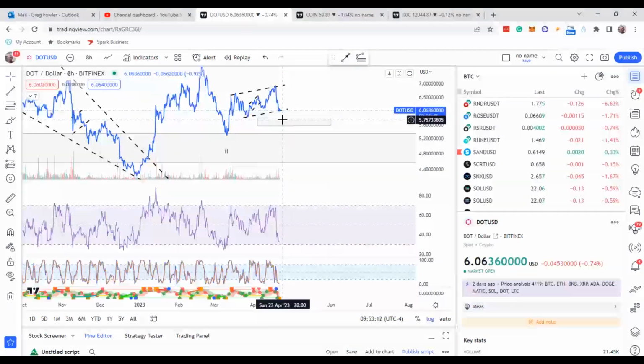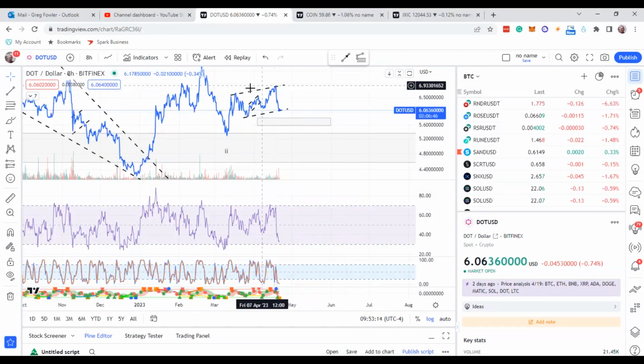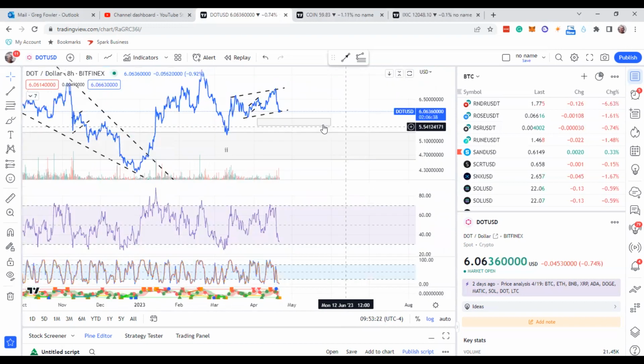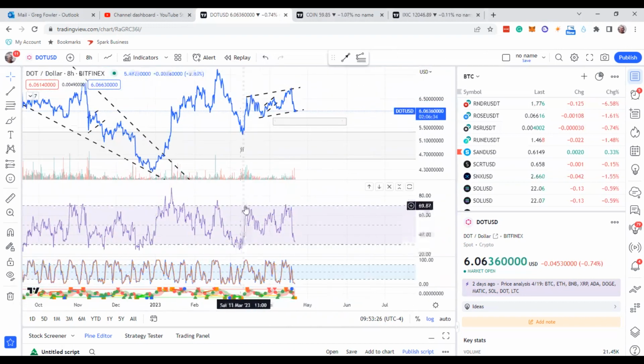Now, can it come back down here and do an expanded flat because it went well above this section right here? It can come back down in this section. Here's what Polkadot's doing, in my opinion, guys. Just like Bitcoin, Polkadot went up into a wave. Boom, right here. There's a divergence, and it's correcting that leg right here. Polkadot's correcting that leg.